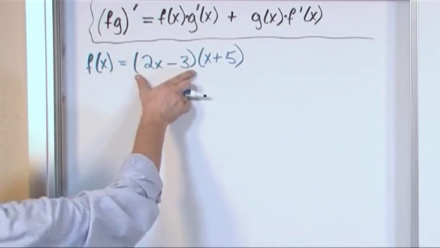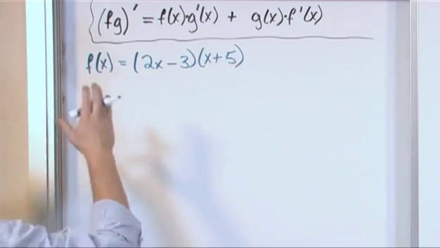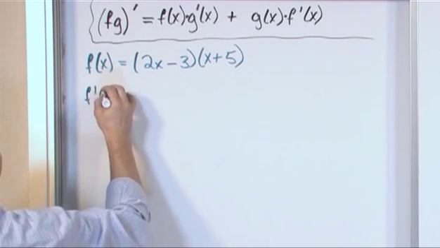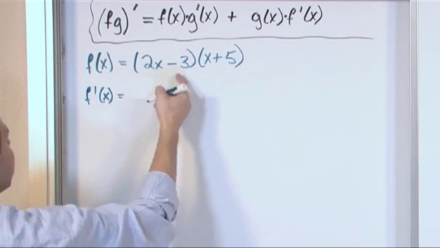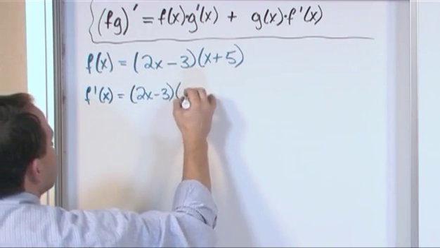So if this is the first function of x and this is the second function of x, you proceed in exactly the way we've outlined. We say the derivative of this multiplication is going to be the first function, 2x minus 3, times the derivative of the second function,